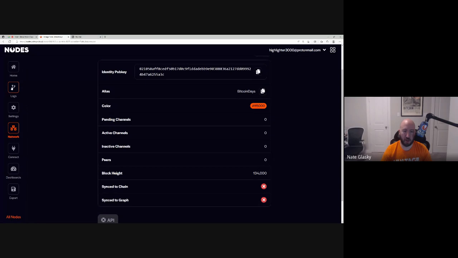So right now in the logs, you would see that it's downloading chain data. It only needs to do that during the first setup phase, so don't be alarmed on that. After it is fully synced to the chain, then it'll start getting peers on the Lightning Network, and that's what synced to graph means. That means it is starting to get more information from the Lightning Network, which is important.